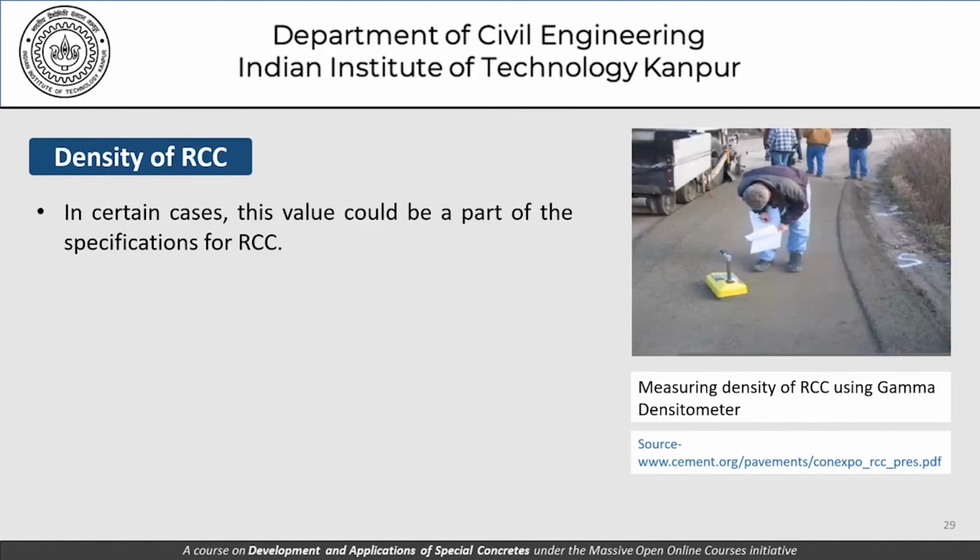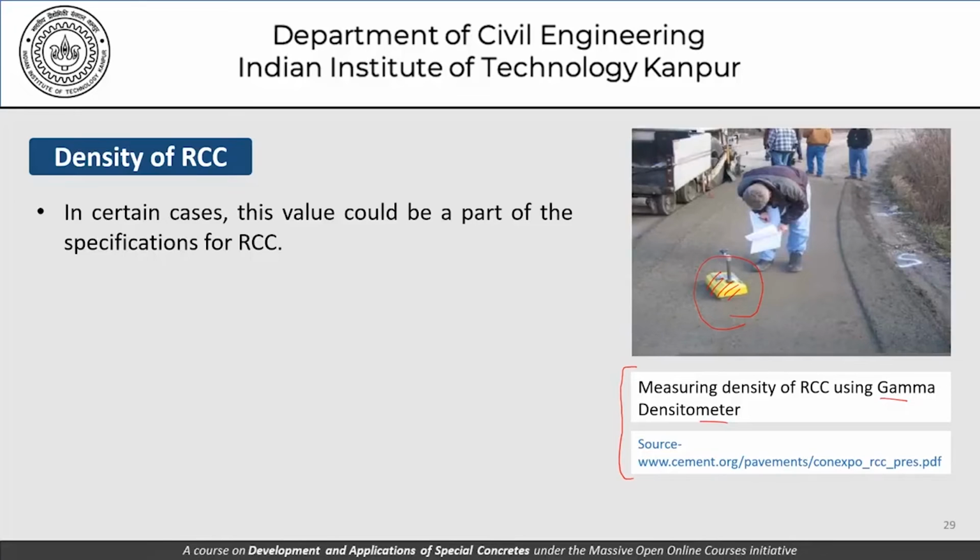As far as density of concrete is concerned, you can see here we are trying to measure the density using a gamma densitometer. Now I would leave it to you to figure out or find out for yourself what a gamma densitometer is and how it helps us record the density of the material on which this densitometer is placed. What is the mechanism involved here? I'm leaving it out completely as far as our discussion is concerned, but yes, this is the tool that we